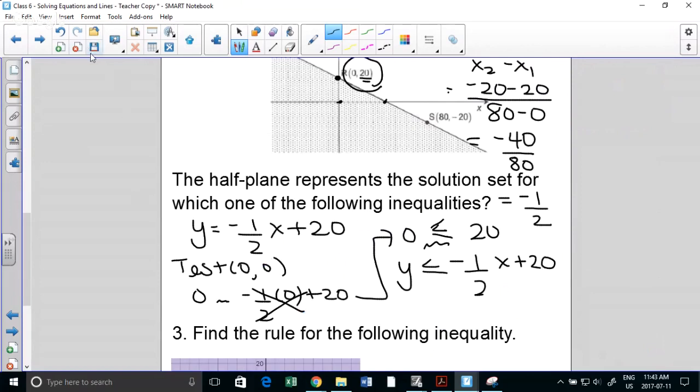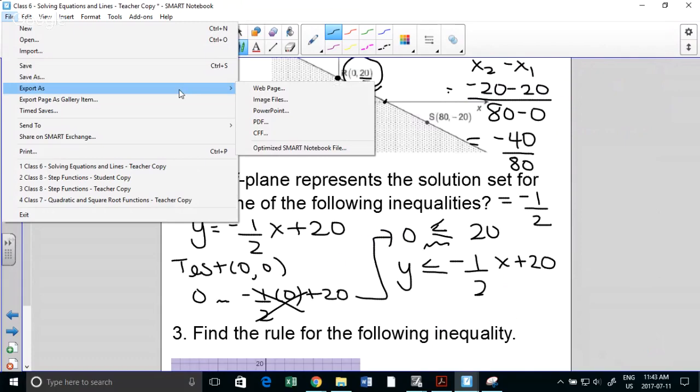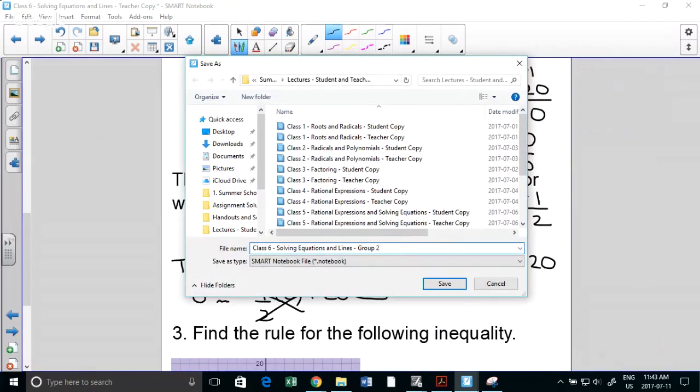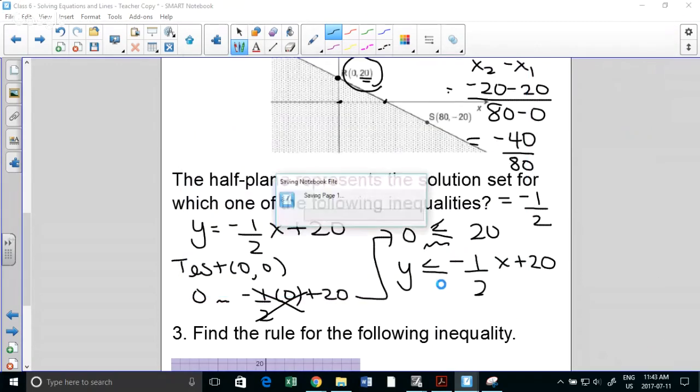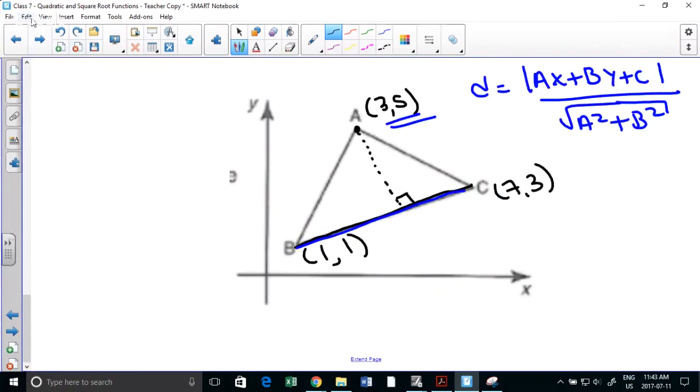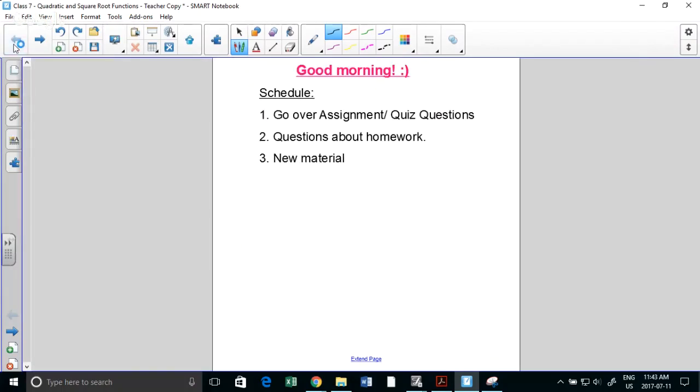Let's roll. I'm just going to save this as group 2 before I forget. If there are no more questions on that, we're going to move to today's notes. We're really running low on time, so I'm going to try to get through as much of this as possible. In terms of review, I'm going to post these notes once again filled out, so just worry about copying down the examples.